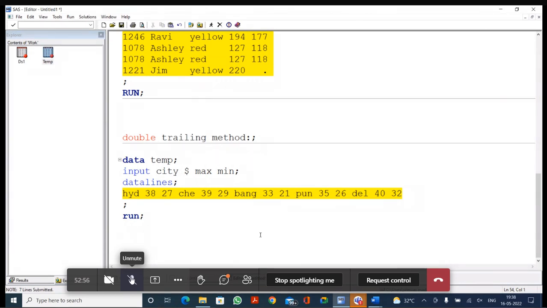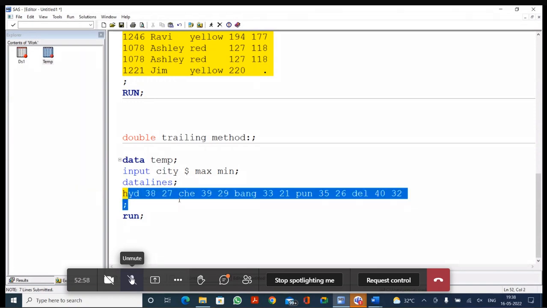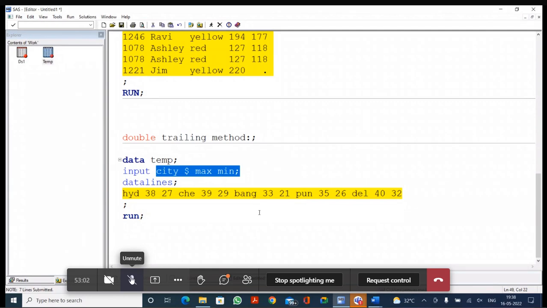So that means I want to hold this record for the execution of the same input statement again and again. How can we hold that? If you want to hold in that way, in the input statement, after writing all the variable names, you should specify double @ symbols. And this is called the double trailing method. These 2 @ symbols hold the current input record for the execution of the same input statement across the